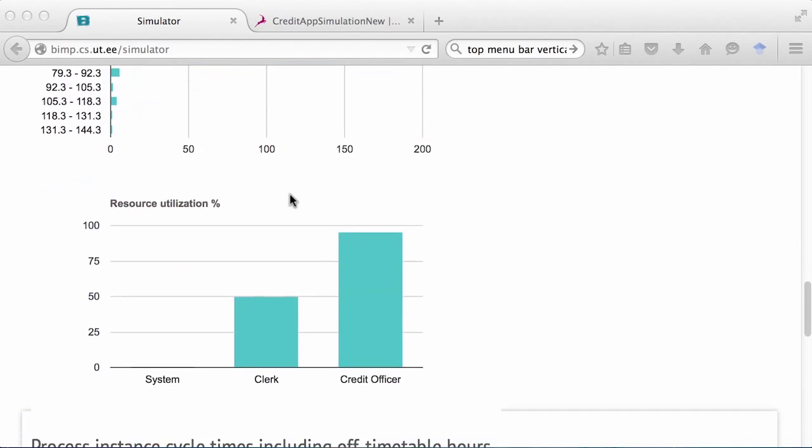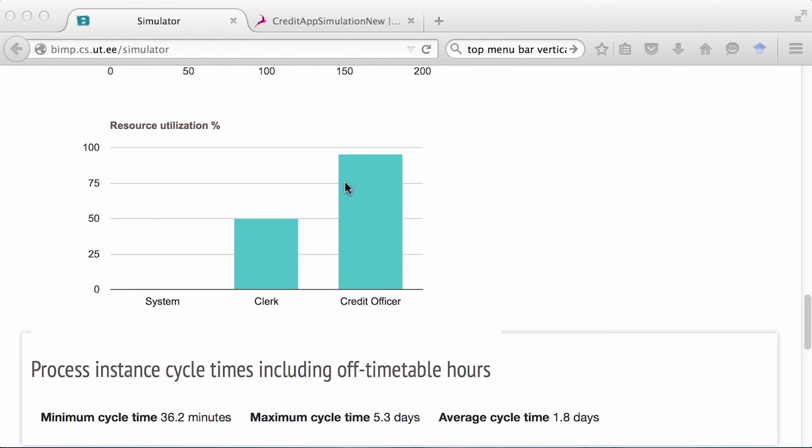Looking further, we'll also find a chart with the resource utilization for each resource pool we previously defined. Here, we can see, for example, that credit officers are utilized almost 100% of their time, while clerks are utilized only 50% of their available time.